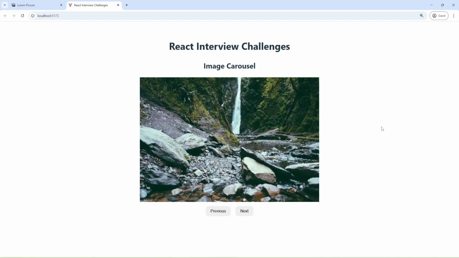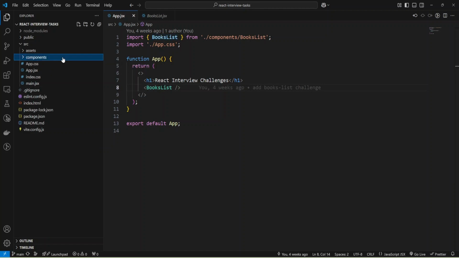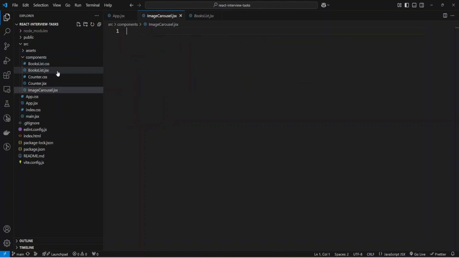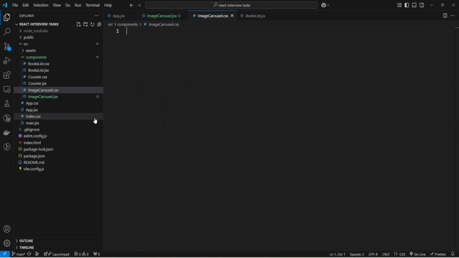Let's go to the code and build our application. I launched my Visual Studio Code and opened the React Interview Tasks project, which I have from the previous video, and now I'm going to create a component for my image carousel. It will be ImageCarousel.jsx, and I also need a file for CSS, ImageCarousel.css.